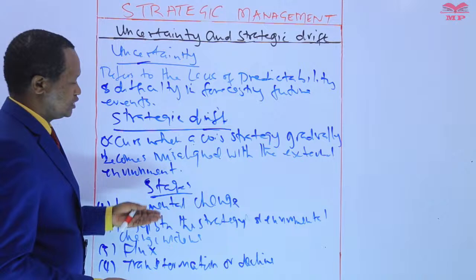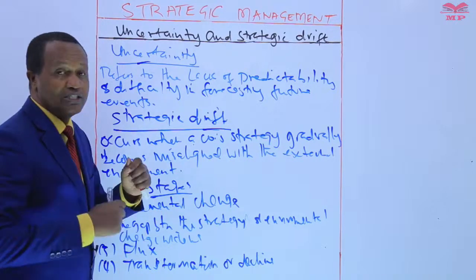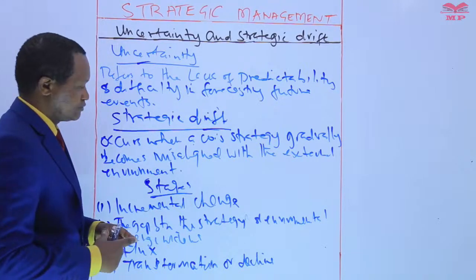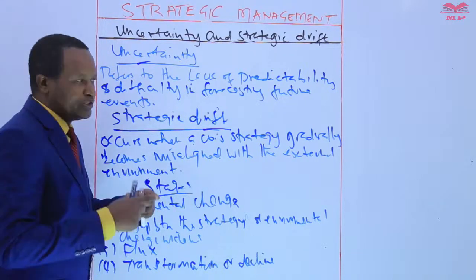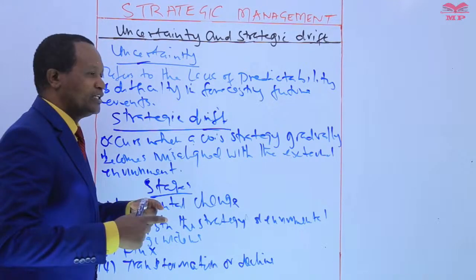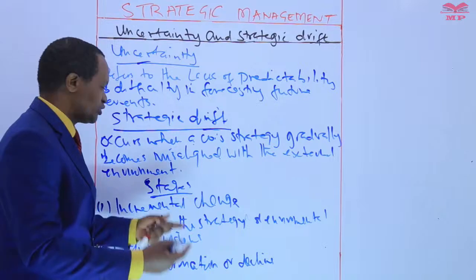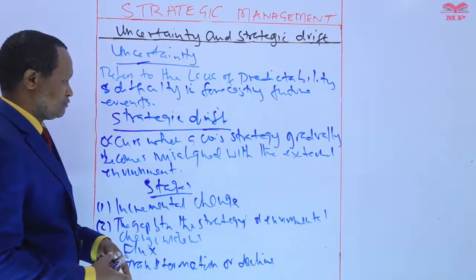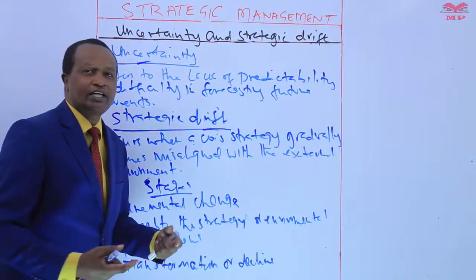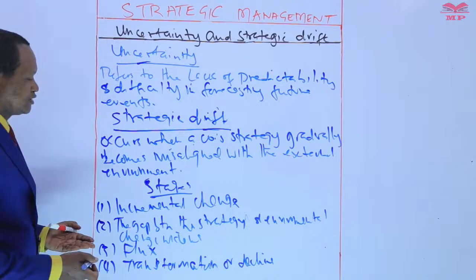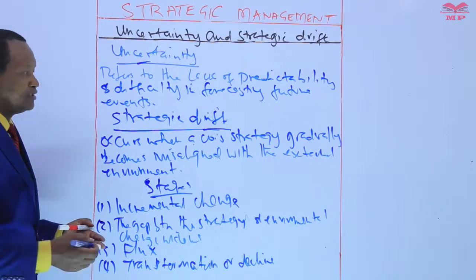See how that is very possible. We operate in an environment that is continuously changing. There's nothing that is constant. And if the strategy of the organization remains constant for a long period of time, yet there are changes happening, then ultimately such organizations do not succeed. So now the question arises, how can strategic drift be prevented? So it makes sense for us to address that point.